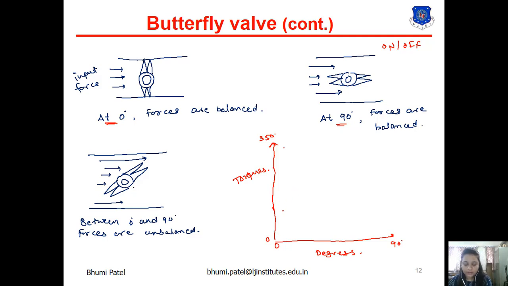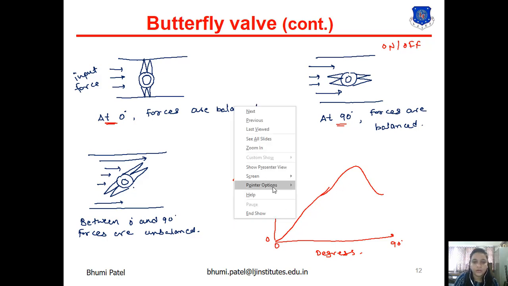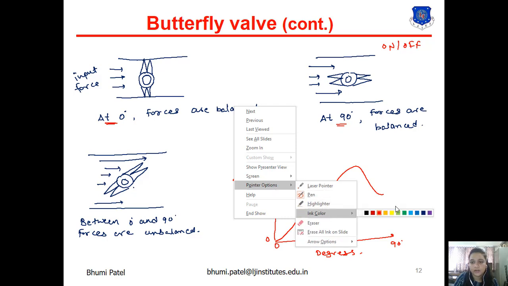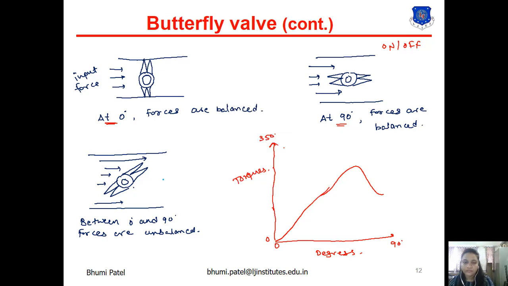So whenever the butterfly valve is in the closed position we can get this type of waveform, and whenever it is in the fully open condition we can get this type of torque,